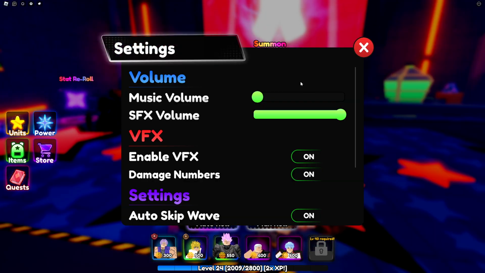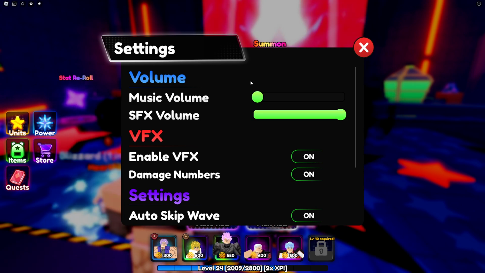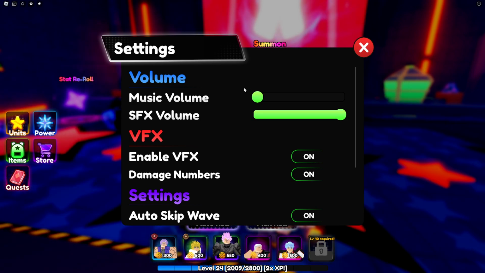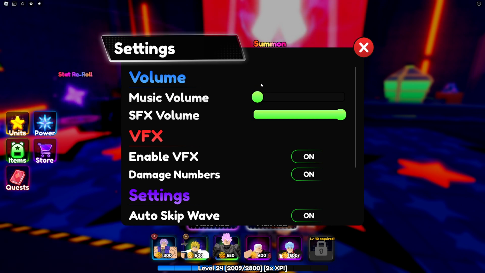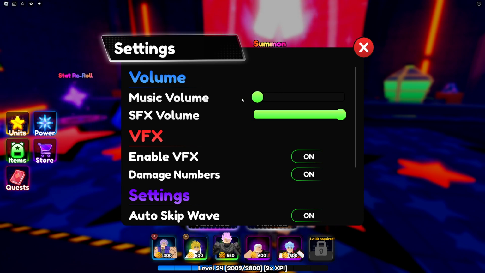So for one, if you do any types of YouTube or any type of content where you could get copyright striked, whether that be a clip or anything, then it's always best that you just change this to 0 and never change it back up. The SFX settings is really just up to you,